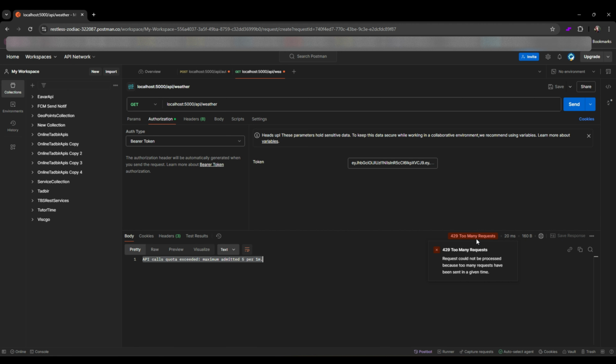The reason for this is the rate limiting rules we defined in the ocelot.json file. Let's break it down. When the gateway detects that more than 5 requests have been made by the same client within this period, it automatically enforces the rule by blocking further requests. That's why on the 6th attempt, the gateway returned a 429 error, signaling the rate limit has been exceeded. Okay, this is how you implement rate limiting in Ocelot. As you've seen, it's a simple yet powerful way to control API traffic and protect your backend services.